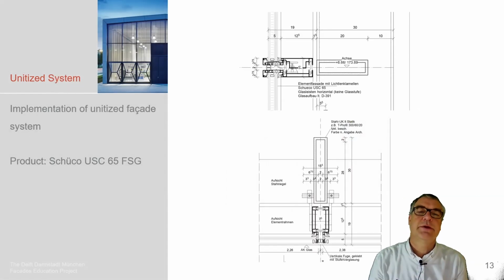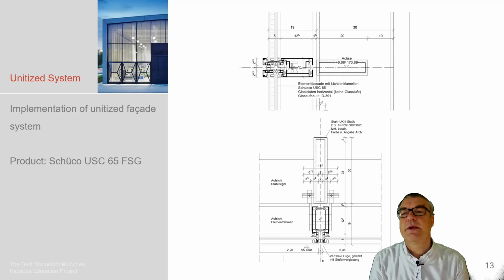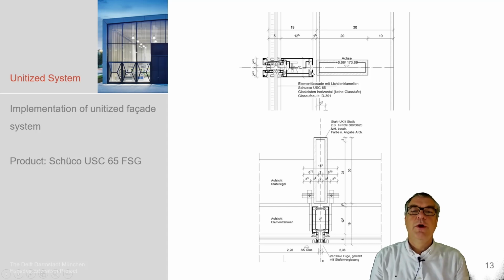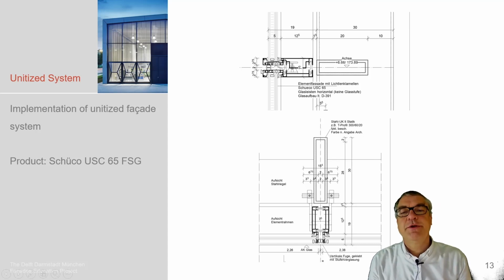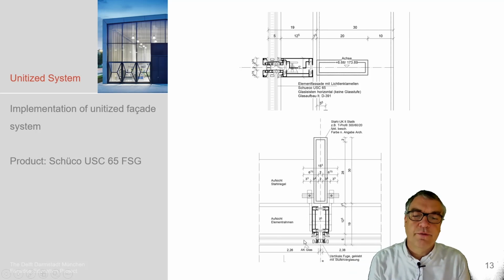A system like this, a deeper sketch of this, this is a Schüco system, which was used in a building in Darmstadt. We see the horizontal and the vertical section. Horizontal section, you see, this is one of the aluminium profiles, the one part of the frame. This is the other part of the other frame, and they keep the glass in position.